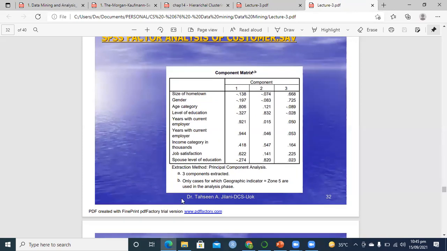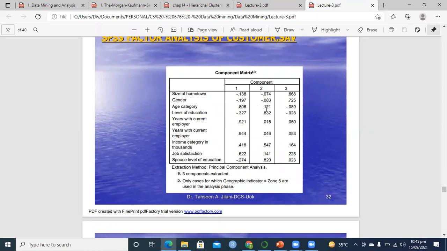And these are the eigenvectors, first eigenvector, second, because we just consider 3 of them. We remove all the variables which have less than 1 eigenvalue. You can see which of these values is smallest or largest in absolute value. 0.6, 0.4, 0.94 is the largest. 0.21, yes, 0.94 is the largest value. That means years with current employer is the most important variable in your original data. How did I find it? Based on the highest loading value. The second important variable is years with current employer. The third important variable is age category. The fourth important variable is job satisfaction. So this is the way.